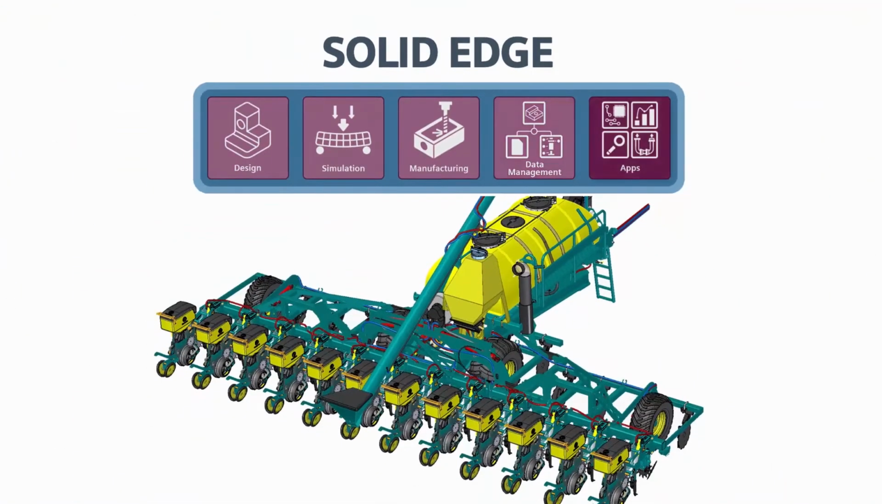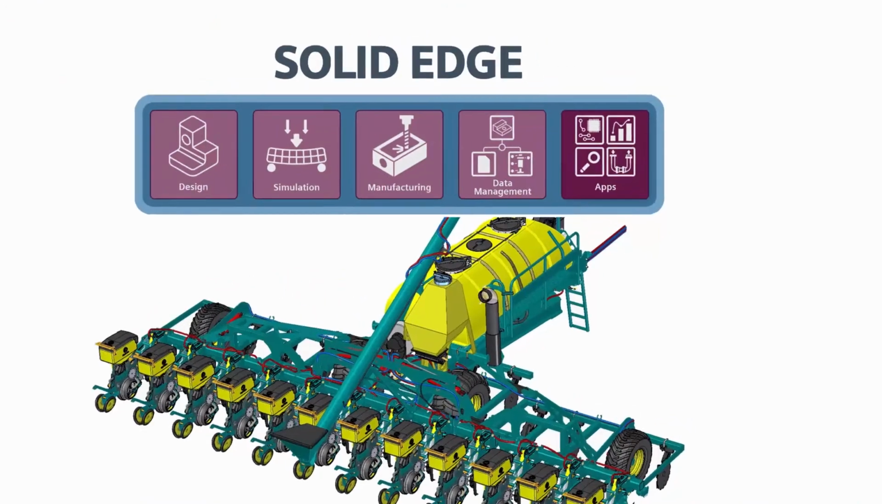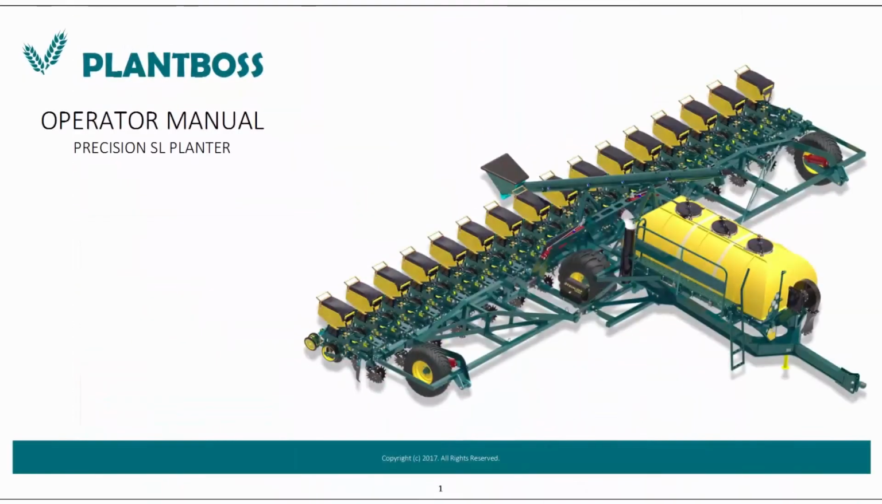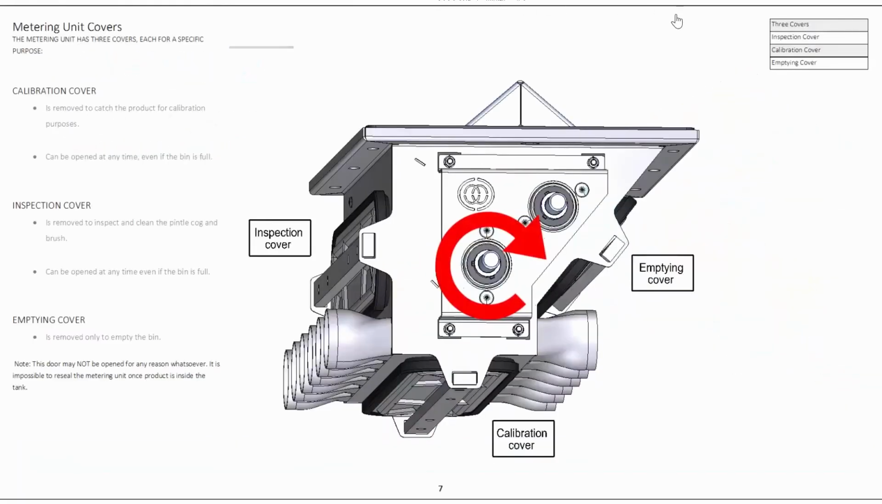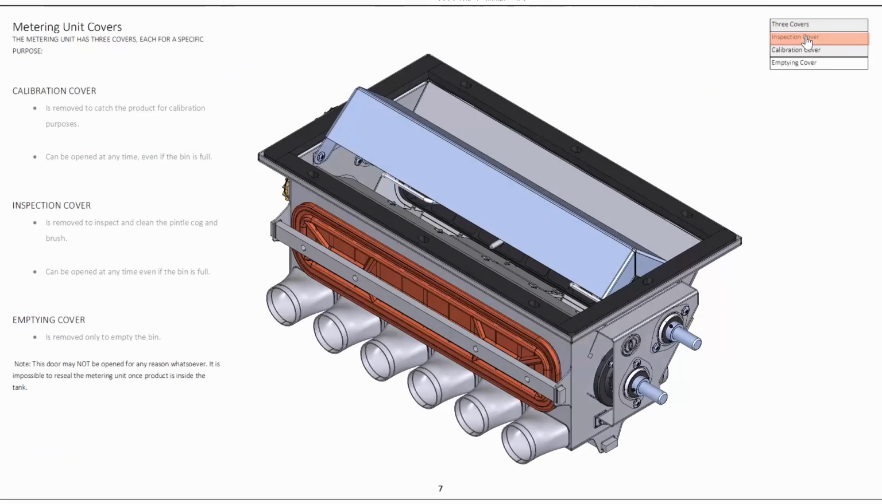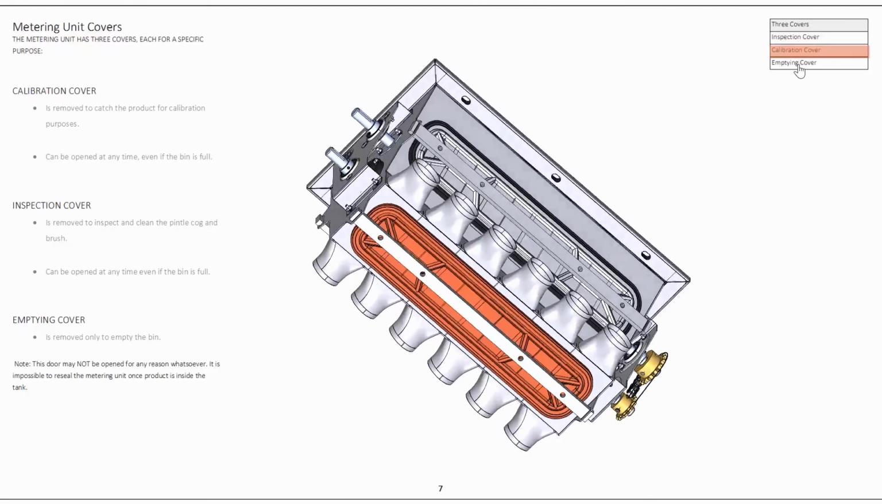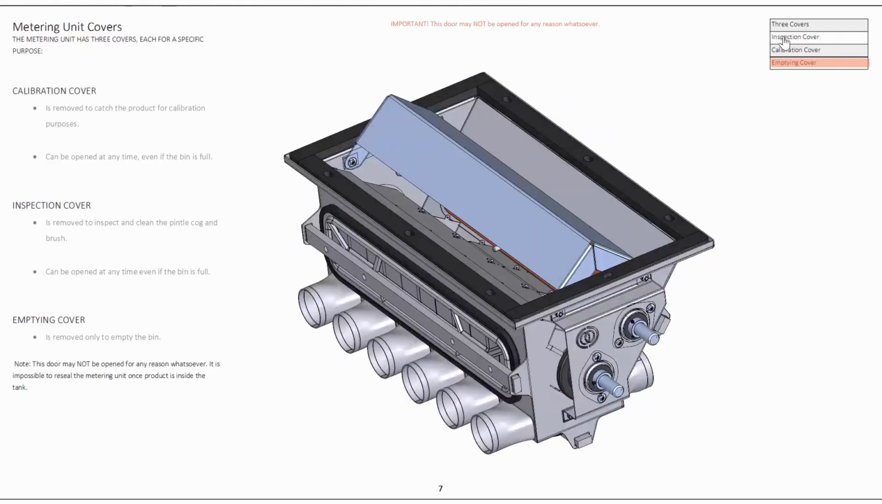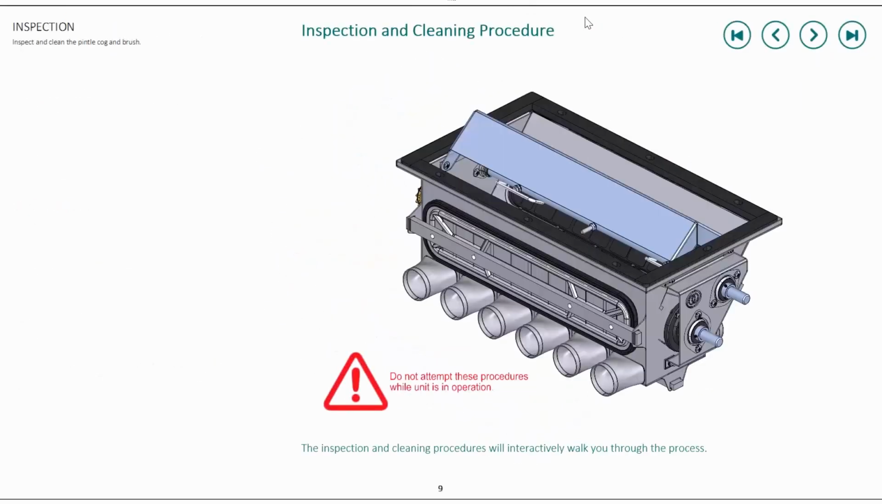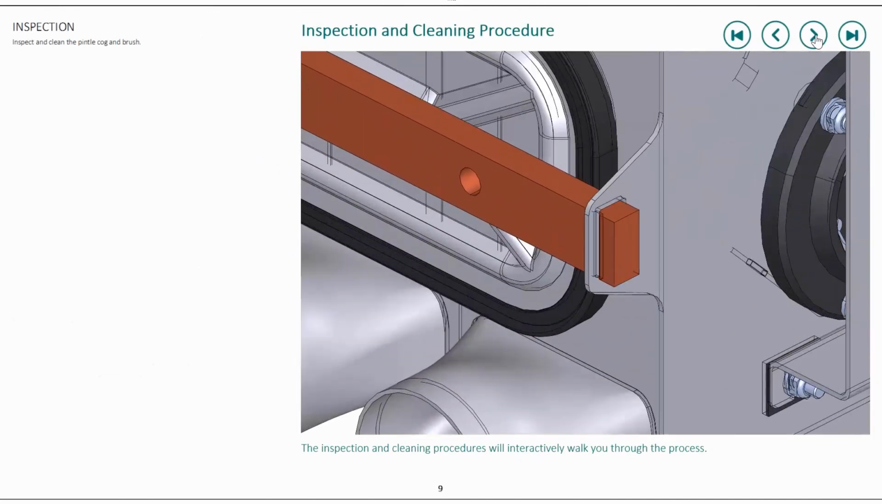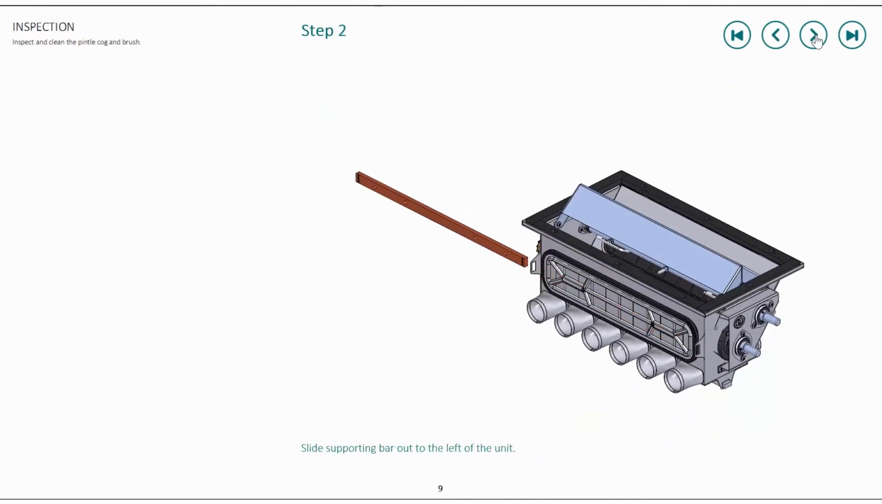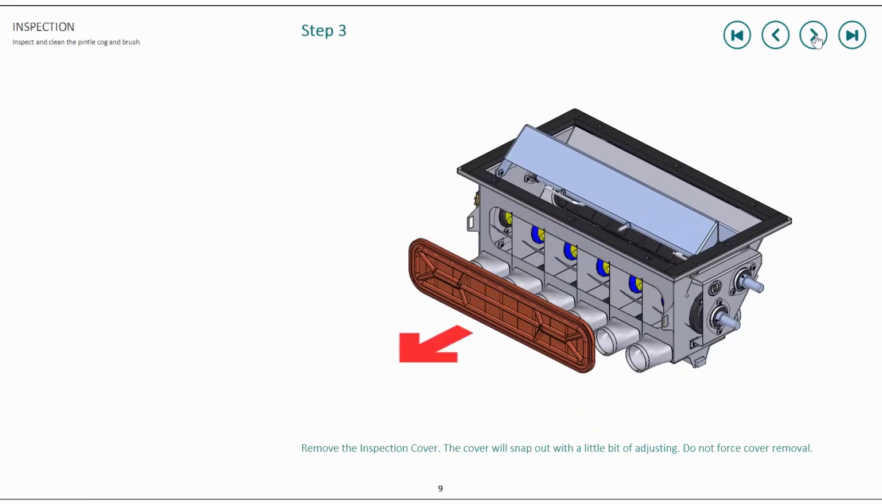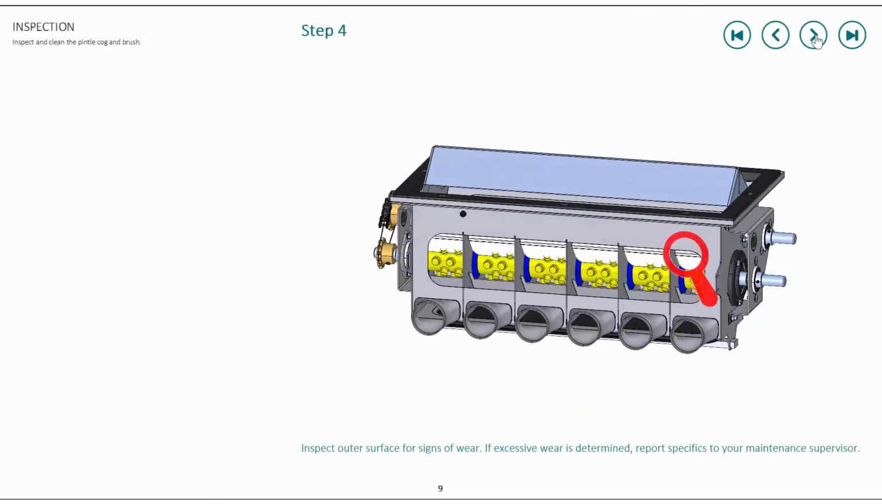And finally, Solid Edge apps. Apps can be used to solve a wide range of additional design and manufacturing challenges. One example is using 3D digital models to create technical publications to clearly communicate how products should be manufactured, installed, and maintained. For example, an interactive operator's manual for our planter can be created using 3D part and assembly models,